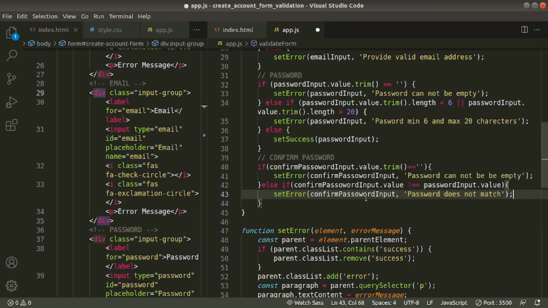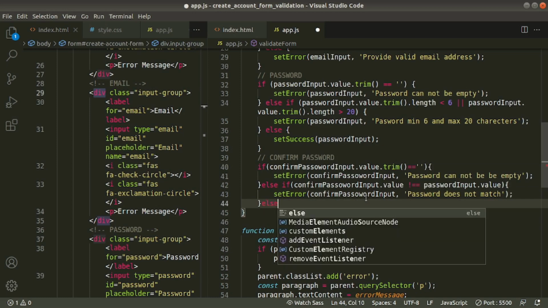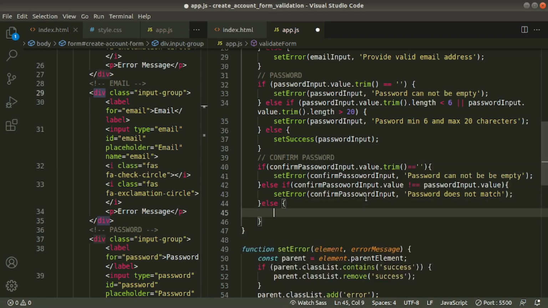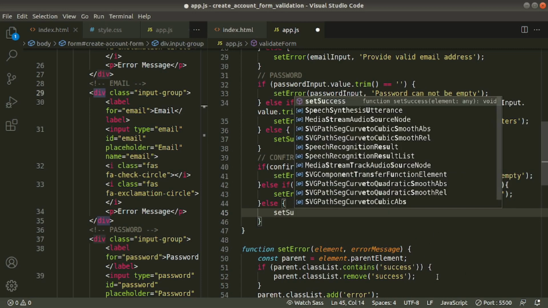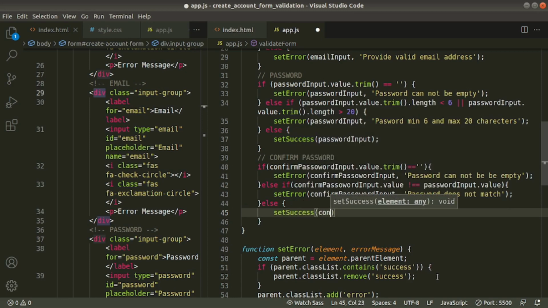Okay, that's it. And finally, it is valid, that means it is not empty and it is the same as the above password. Then we'll call setSuccess and pass the confirm password input field and save it. Let's go and check.